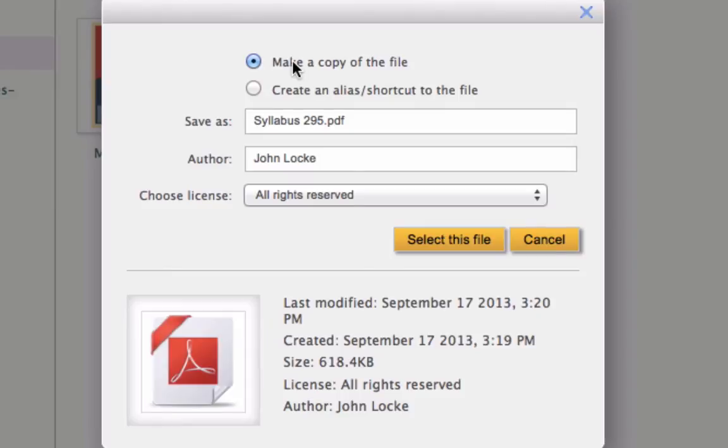The problem with that is that now I've doubled the amount of data on our Moodle server. I've got the original file, and I just made a copy. And okay, it's not a very big file. It's a little more than half a megabyte. But still, that adds up when you consider all the faculty and all the syllabi and all the other documents